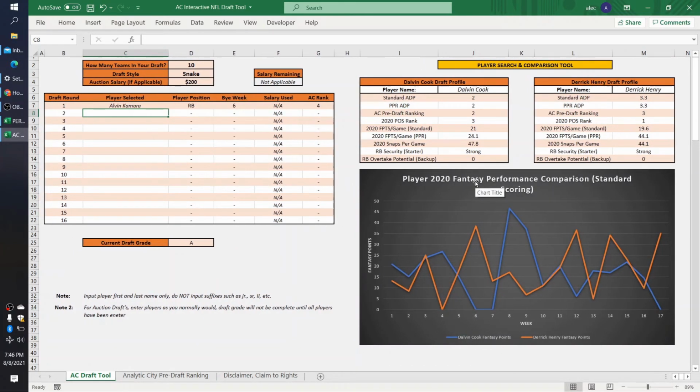Over here on the right, probably the more interesting part of the tool, you can search and compare different players. So right now I have in the sheet Dalvin Cook and Derrick Henry. You can see in the chart here their 2020 fantasy performance, and you can look week by week to see how they scored. You can also see in the tables their standard average draft position, PPR average draft position, our pre-draft ranking for the player,